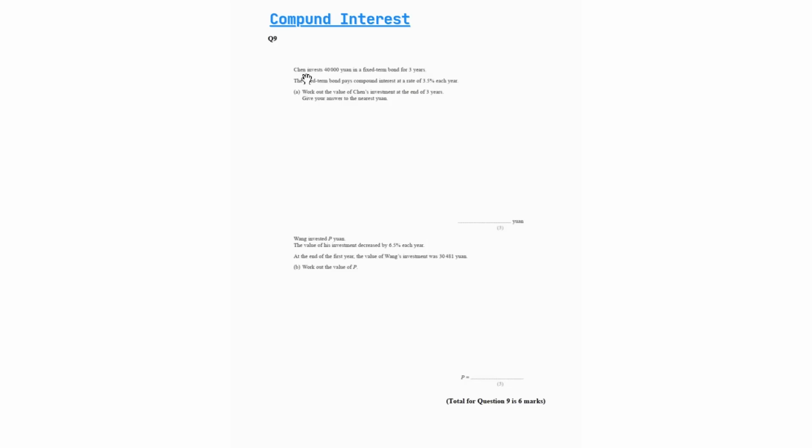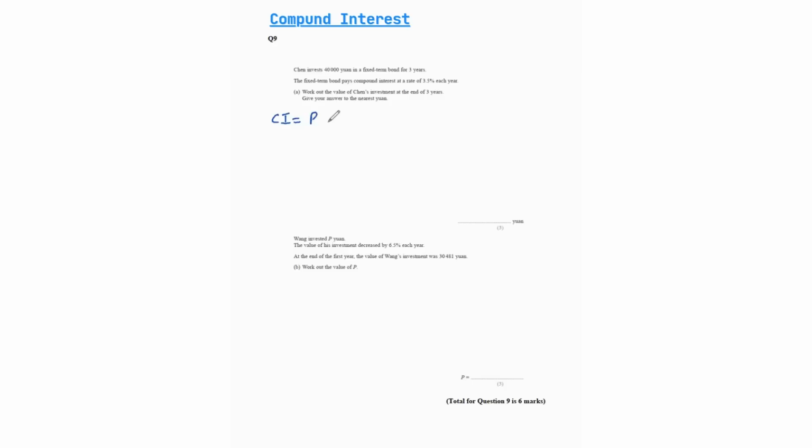Then it says, Chen invests 40,000 yuan in a fixed term bond for 3 years. The fixed term bond pays compound interest at a rate of 3.5% each year. Work out the value of Chen's investment at the end of 3 years. If your answer is correct, there is 1 mark. So what we do is, since it's compound interest,